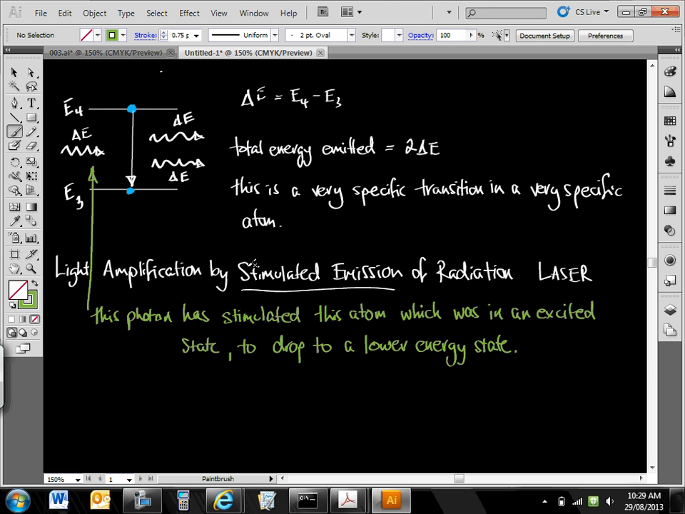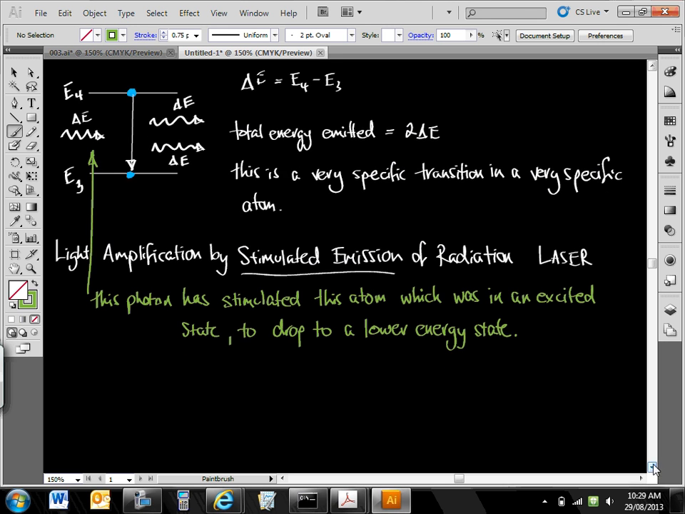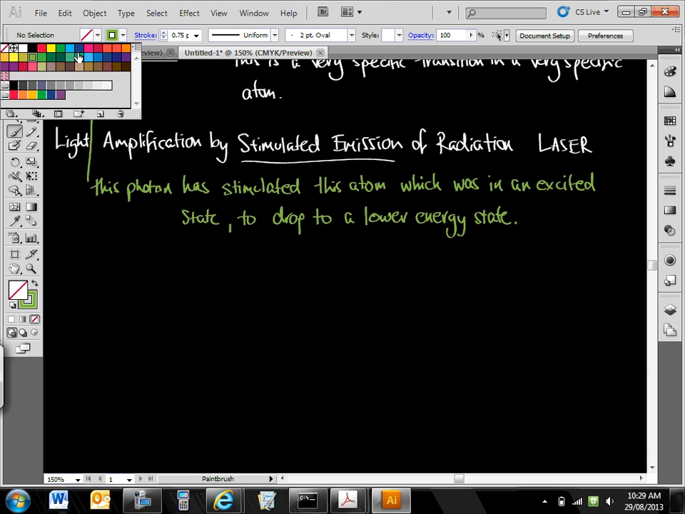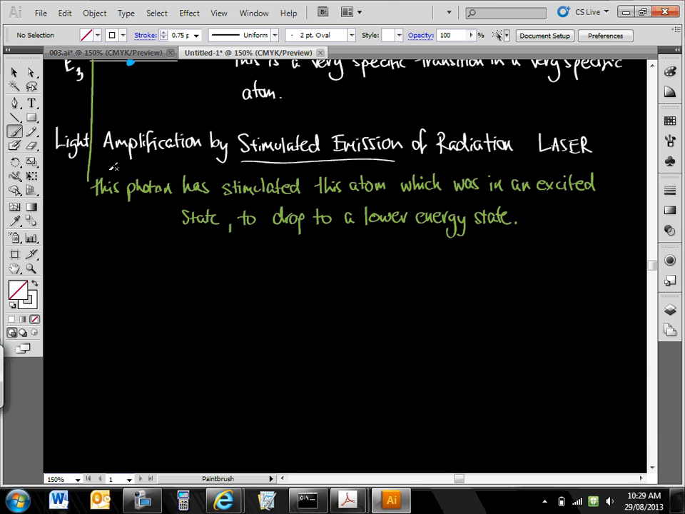This is useful in the application of lasers. Not all atoms do this. But am I right to move down there? If I